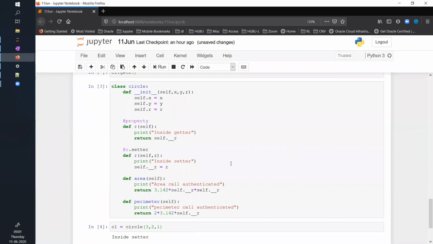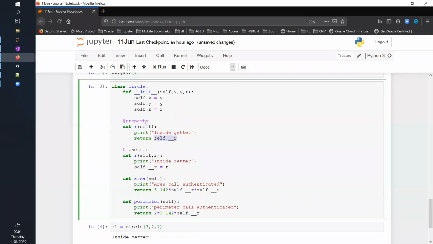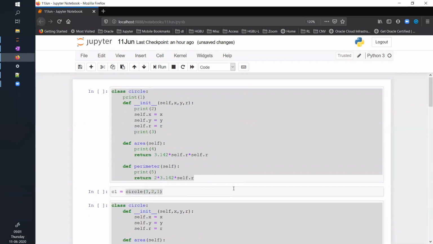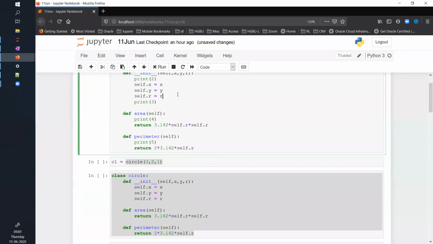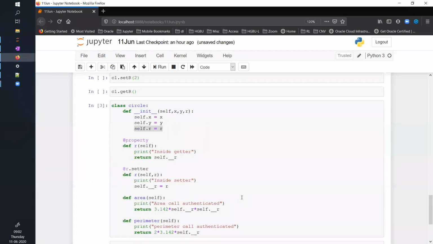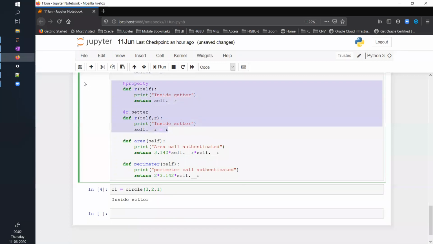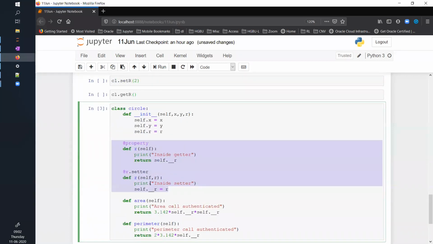Okay, so here you are making it private. Here, the same style of coding as initially, we started this way, right? X, Y, and R, correct? So we will keep everything on similar lines. We are not going to change anything here. Just within this class, we will create two more functions with the same attribute name, one a getter and the other a setter. Now, what was the mistake over here? I was saying double underscore.